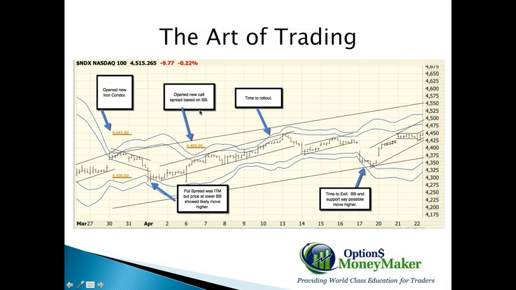money. We opened a new call spread here at 4,400, and then the index continued to move higher, actually moving against our 4,400. When the index moved up to here, it was time for us to roll out. Our 4,400 was in the money. But we were watching this trade right along the upper Bollinger Band, which still gave us a high degree of confidence that there would be some sort of a pullback in the price, because we know through experience that the price roams and cycles back and forth between the upper and lower Bollinger Bands. So we just bought ourselves more time.